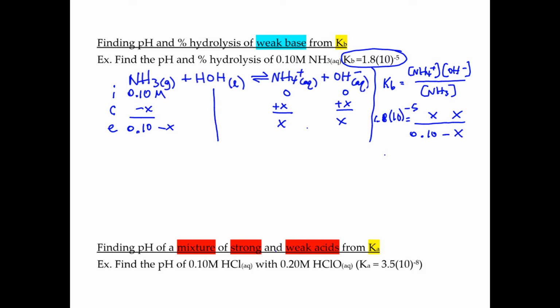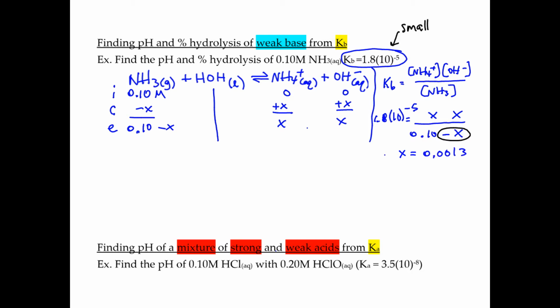Again, we're going to note that this is very small. 10 to the minus fifth is pretty much the borderline of small. So we're going to ignore this because when you shift to the right in a reaction that favors reactants so much, that this x right here is insignificant when you subtract it from a 0.1. When you do all the math for this, you're going to find out that x equals